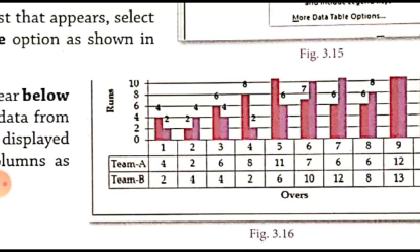Similarly 2.5 will be an intermediate value or a minor value between 2 and 3. 3.5 will be a minor value between 3 and 4. 4.5 will be between 4 and 5. So all these are different minor values. The decimal and fraction values will be the minor values. So if you want to show these values on the chart, then for that we can draw the minor grid lines.